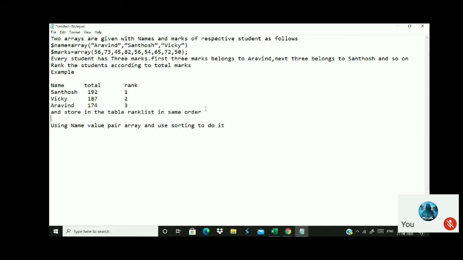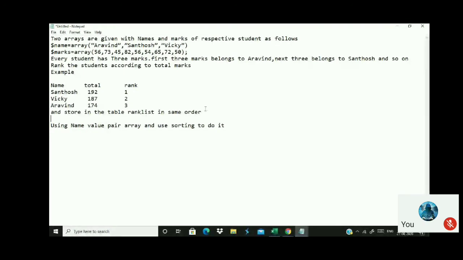Now, this is the category, but when you put it inside the database, it should be stored in the same order in which the rank is generated. That means you can have inputs in any order, but as soon as I click the table, it should be stored in the same order as the rank generated. For example, Santosh has scored first rank, so Santosh should be the first record. Vicky scored second rank, so Vicky should be the second record, and so on. It should continue in this fashion.